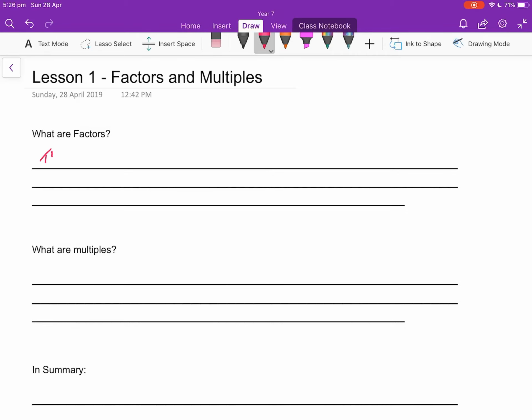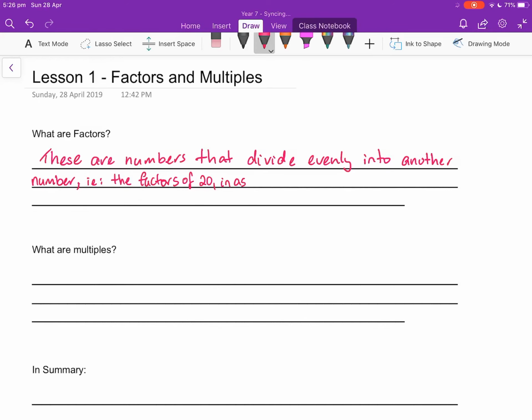So these are numbers, obviously they're numbers, that divide evenly into another number, i.e. the factors of 20, and we're going to put them in ascending order,